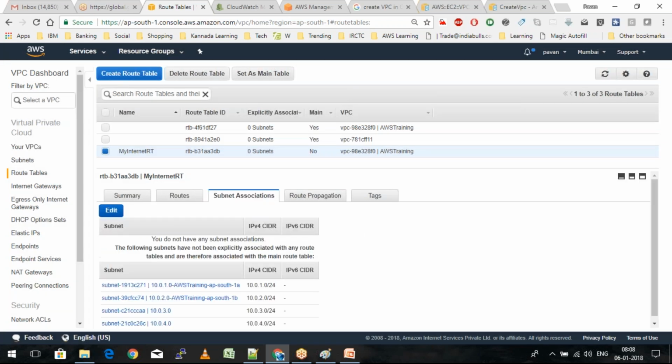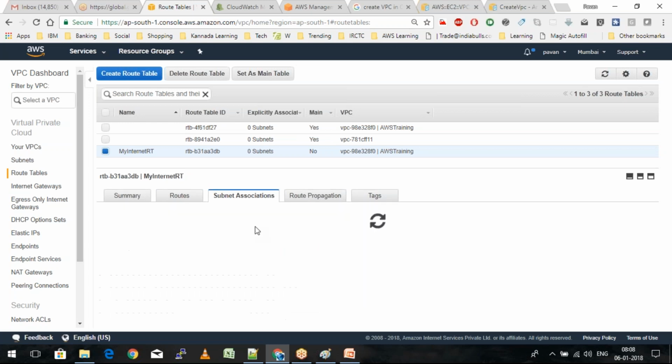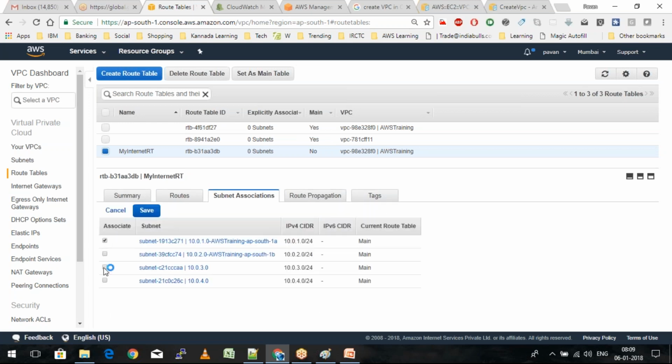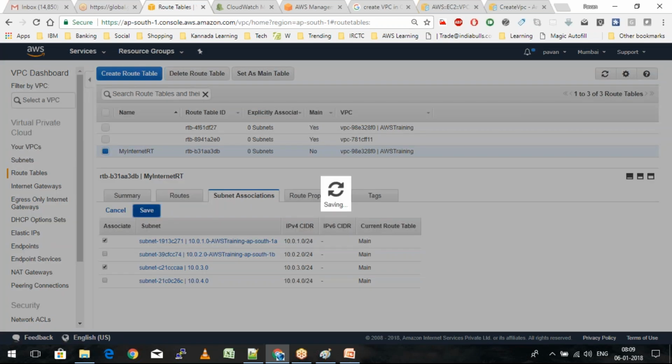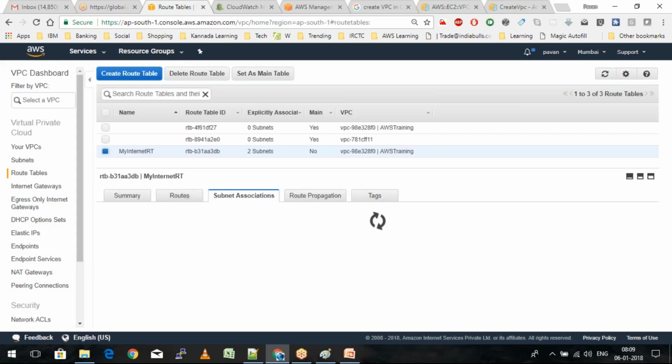And then go to subnet associations. And then I'm going to say that 1 and 3 are going to be basically a part of this internet, right? Because 1 is in the availability zone 1A and the 3 is in the availability zone. Okay, sorry, here 3 is also part of availability zone 1A.